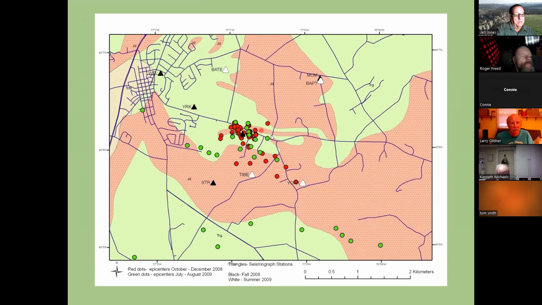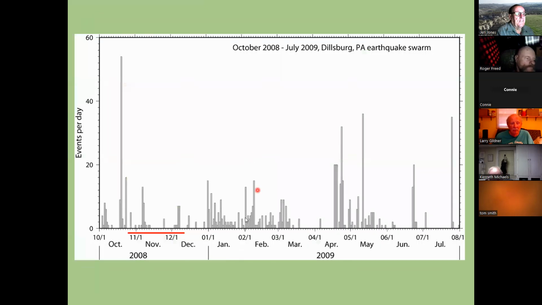And this is Old York Road, if you know the area. Dillsburg, this is the Ore Bank Road that goes out to 15 if you go further north. And right along here is where it seems like most of the earthquakes were occurring in that region, okay? And we actually were able to do a graph of popularity of earthquakes between October 2008